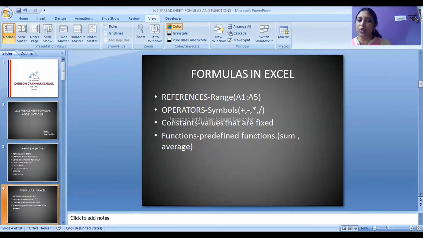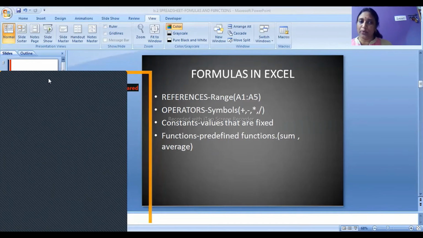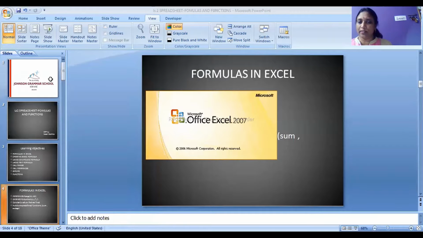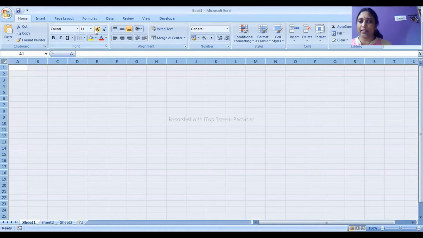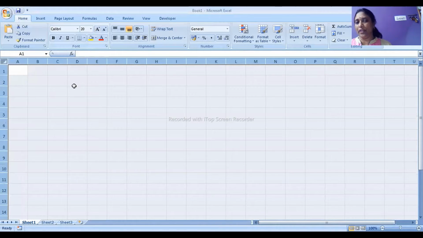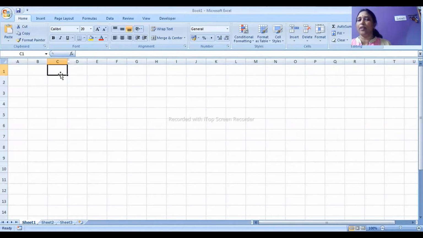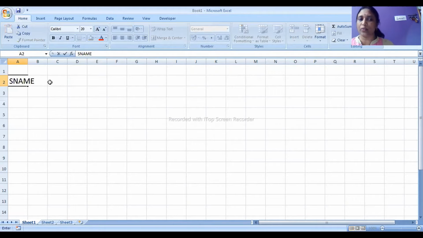Now, how can we create a simple basic formula in an Excel sheet? For that, I need to share the Excel sheet with you. I'm sharing an Excel sheet here. This is the Excel sheet. I have selected the complete sheet and increased the font size to be very clear. The basic formula that I'm going to create here is, say, I have the S name, that is the student name,